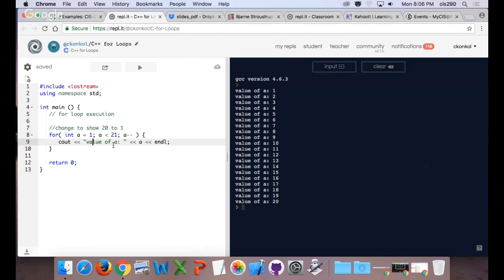Again, we're starting with 20 and going to 1. And the middle operator, we'll also need the middle argument here. This one right here has got to be changed to a lesser than. So I'll give you a moment to play with that, and then I'll put the answer up here in a second.